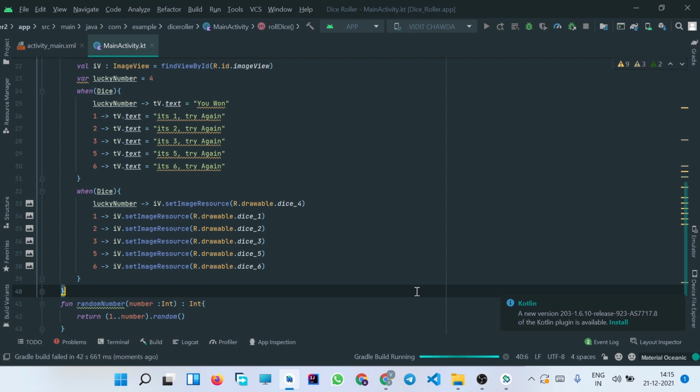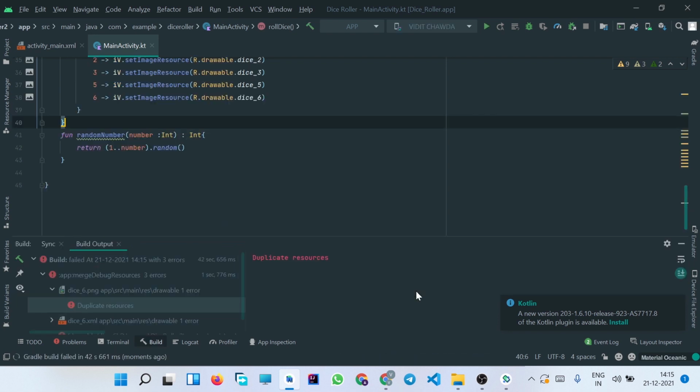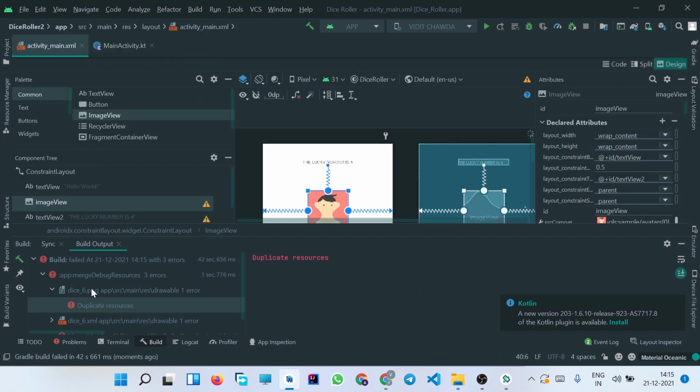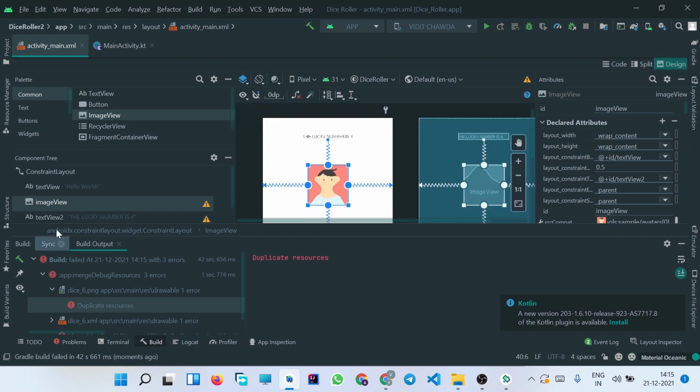So the Gradle build takes some time to run for the first time. So it is showing us some error.